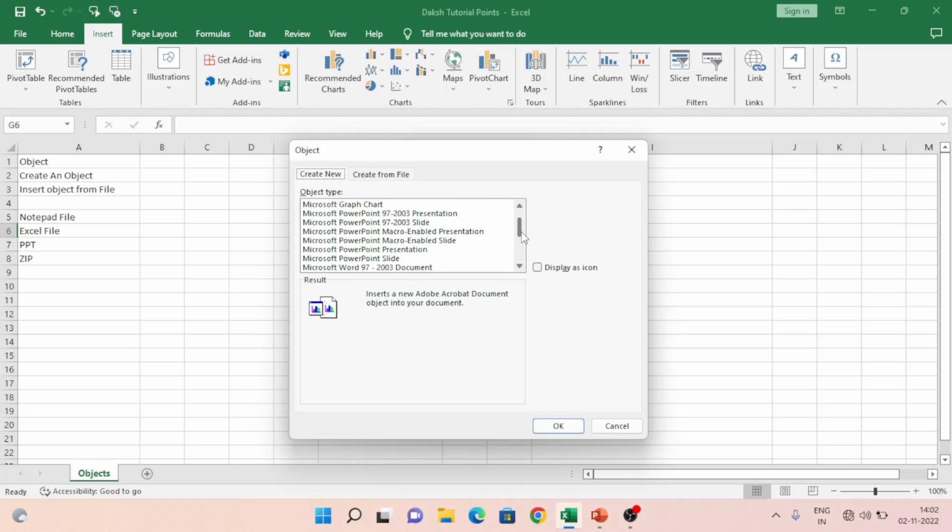Say, for example, you want to create a PowerPoint or WordPad, a Word document, any kind of this thing we can create. Let me create one PPT first, then I will show you how we can create WordPad. Okay, PowerPoint presentation, I'll use this one. I click on this and check Display as icon. So once I click on that,